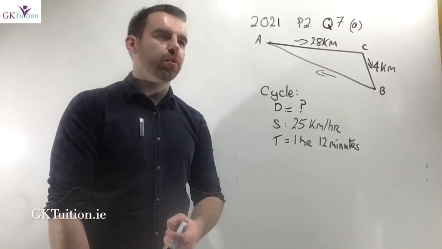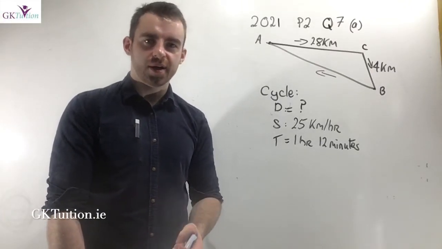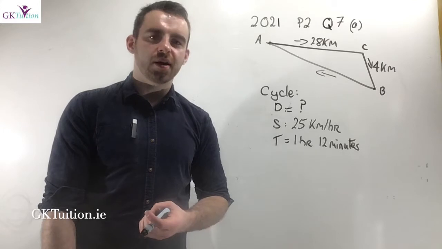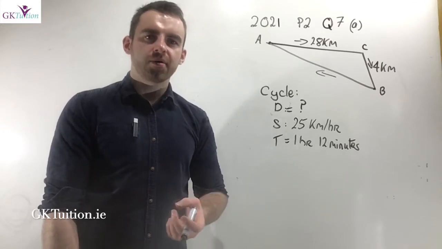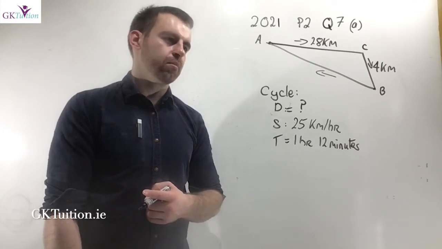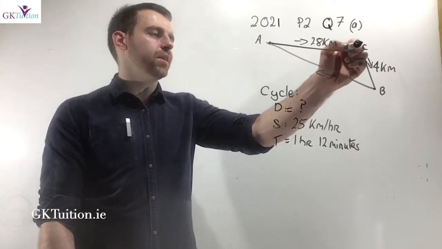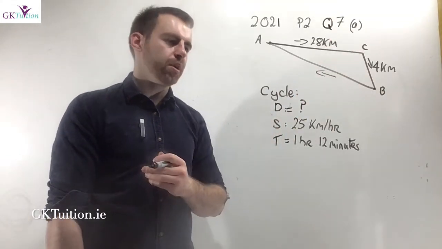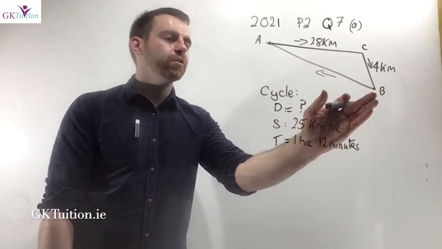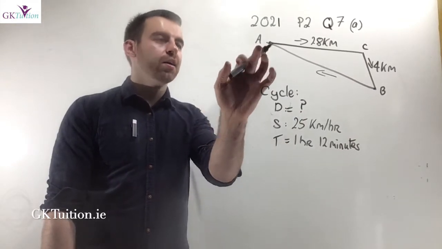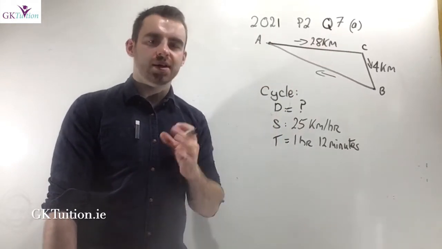In this video we're looking at 2021 paper 2 question 7. It's all about distance, speed and time and trigonometry. Mary is taking part in a triathlon and she starts off at C and swims 4 kilometers to B. Then she travels from B to A cycling and then she runs 28 kilometers and that's the end of the